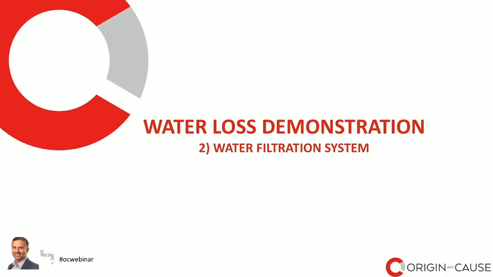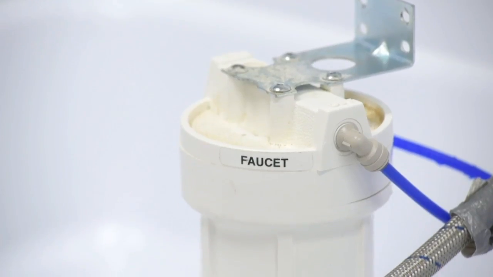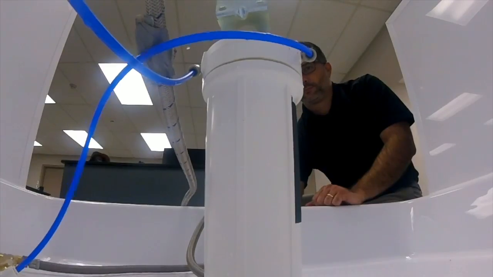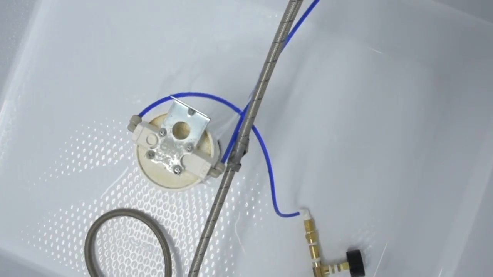The next demonstration I'd like to do is on a water filtration system. So here we have the water filter set up. Let's see what happens. That's a lot of water, eh? That filter must be cracked or damaged somehow. Actually, that's as much water as was coming out from the braided hose we showed before, roughly about 20,000 liters. So at this point, we want to take that filter back to the laboratory and examine it in more